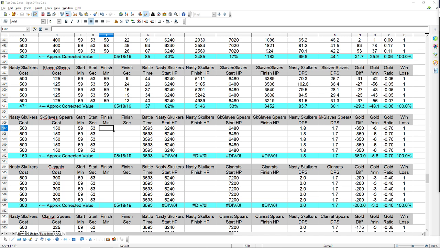What we're going to do is continue our testing to update our 400 gold and under data for our infantry testing. I really wanted to expand the data for the 400 gold and under and the 401 to 600 gold